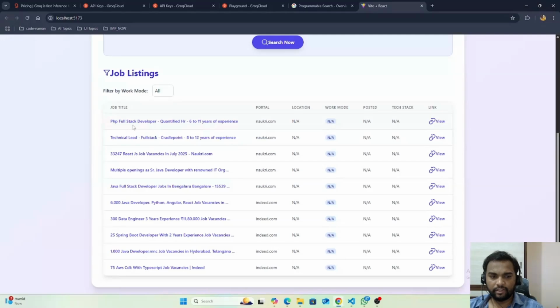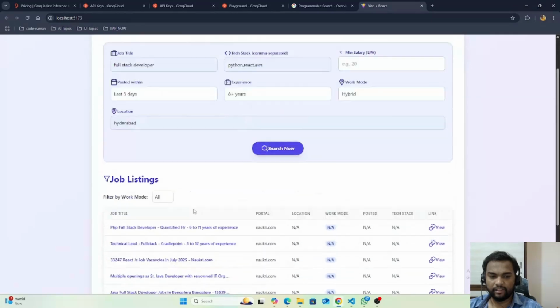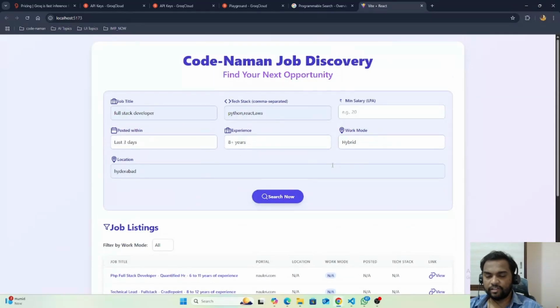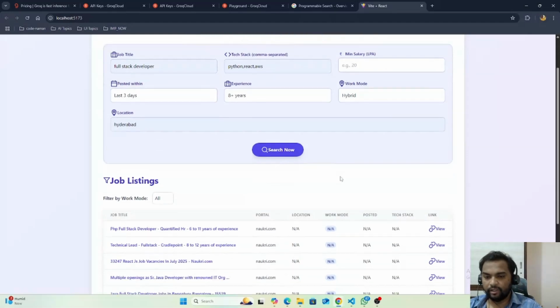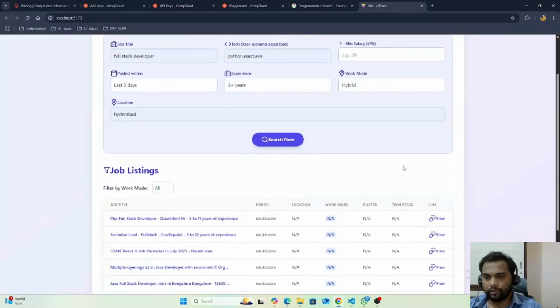Here you can see this full stack developer, and this is also full stack React.js, senior Java developer, Java full stack developer. Okay, so now you can ask me why it is grabbing other stack details as well. Currently I'm not doing a strict search, which we can do, or while producing the result I can do the filtration there. Right now I'm not doing it because I just wanted to show how I achieved this, okay. That is the only purpose of making this video actually.